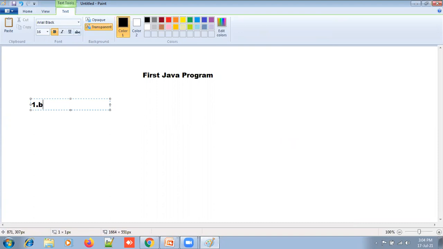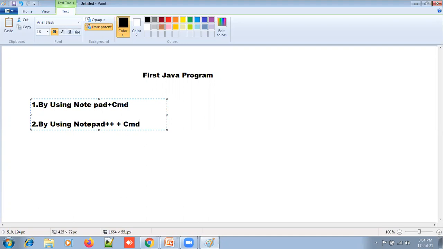The first way to write the Java program is by using Notepad plus command prompt. The second way is also by using Notepad plus command prompt.